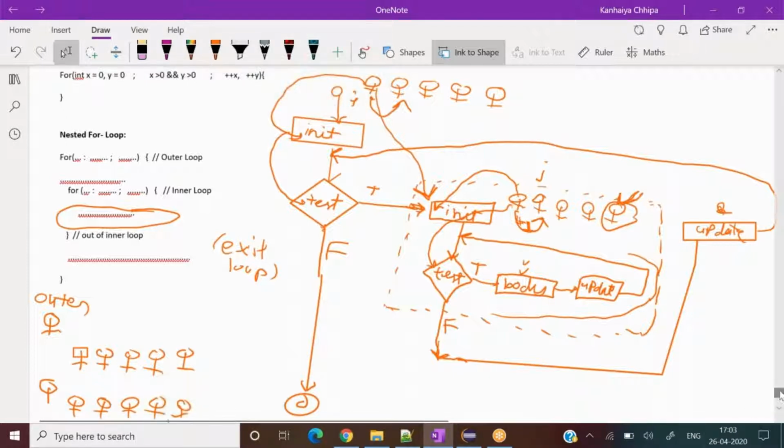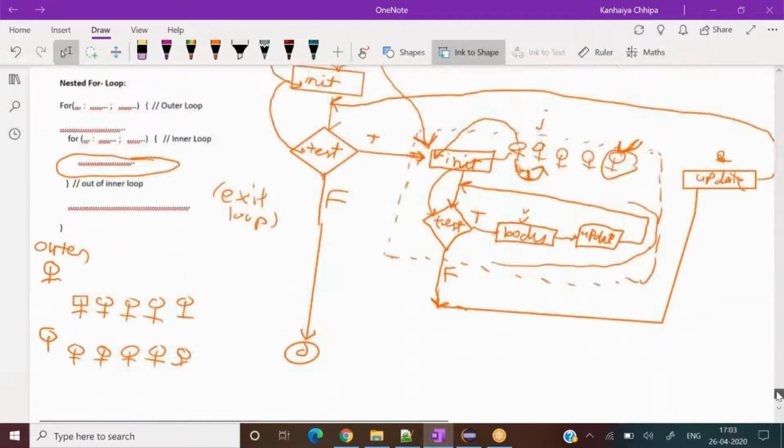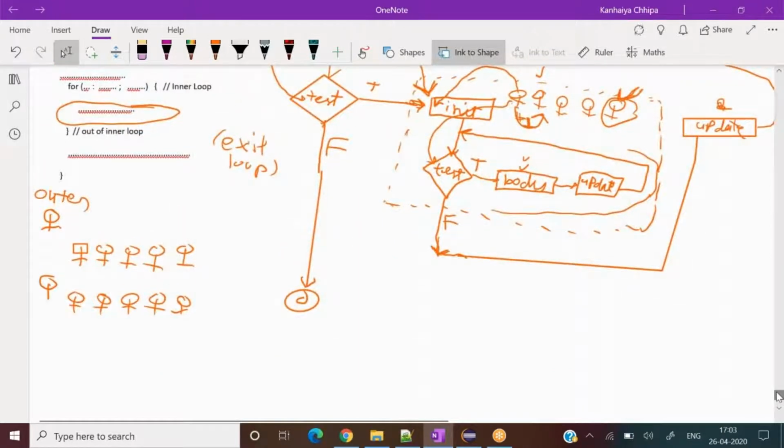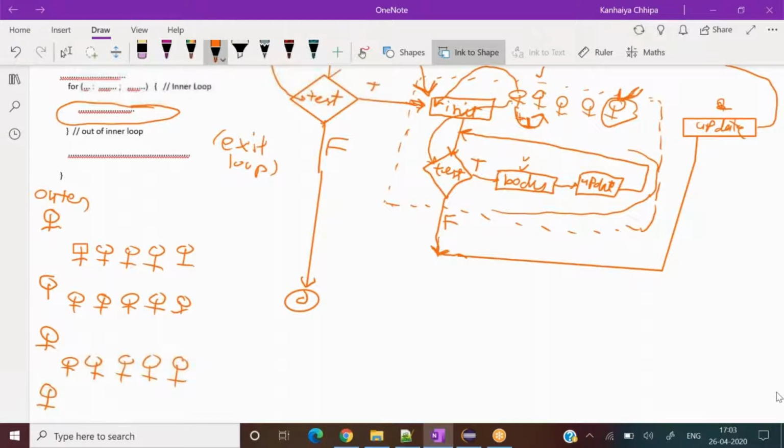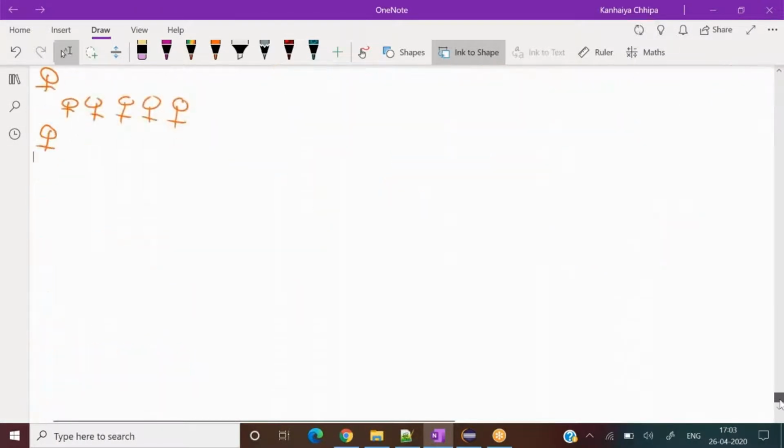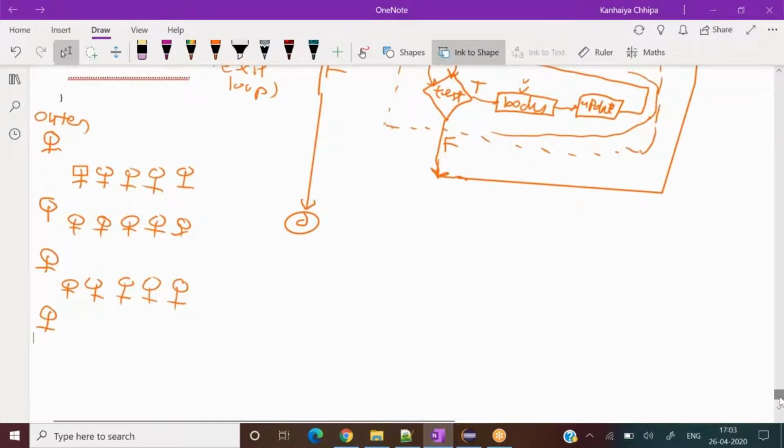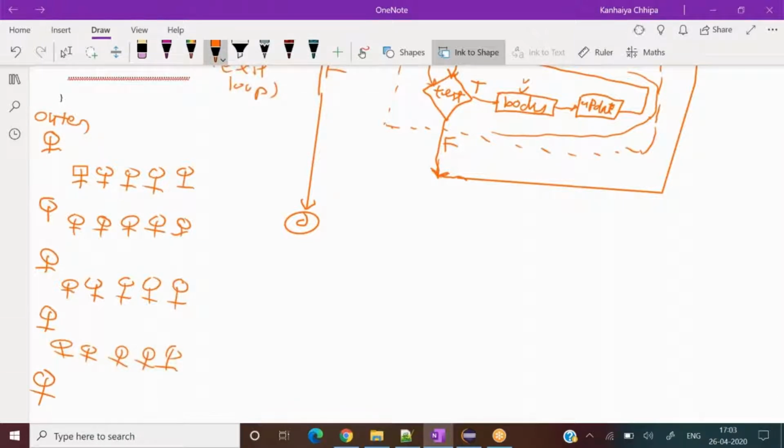If we have 5 sitting outside the outer loop, then 5 times it will get executed. Then outer will come again into the picture, and the inner guys will be executed 5 times, and then the fourth time the inner guy will be executed here. Let me draw here, 1 2 3 4 5, and then the fifth time outer will be executed, then these inner guys will get executed the fifth time.